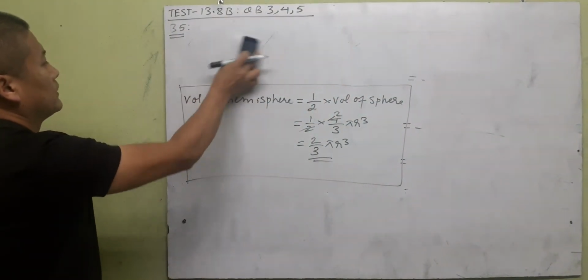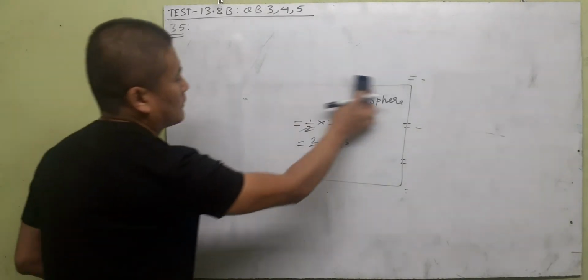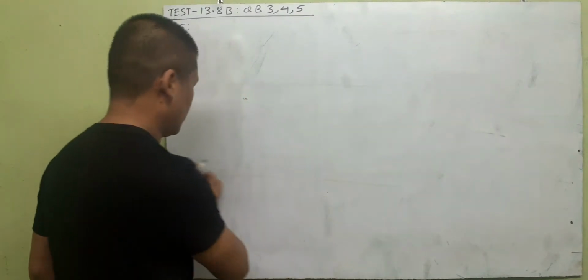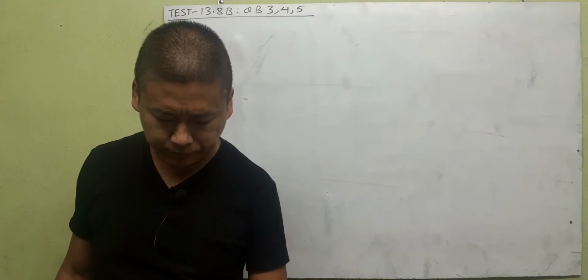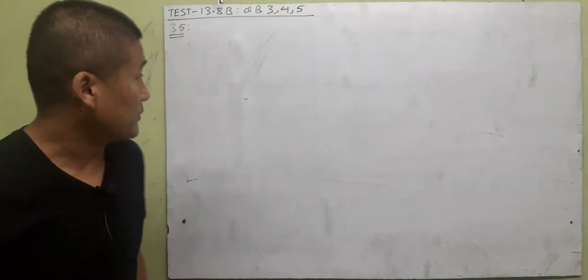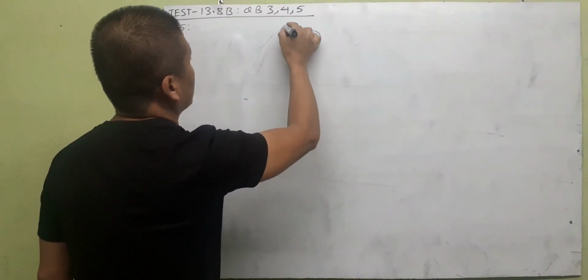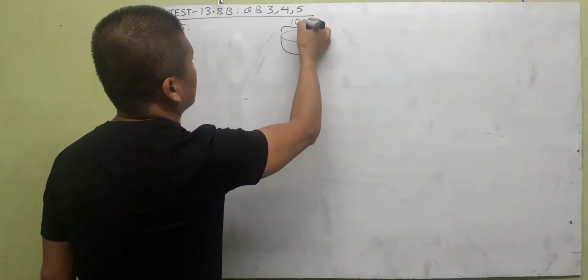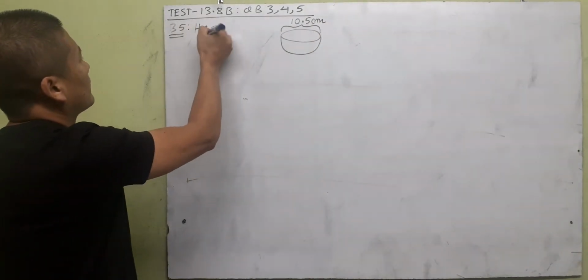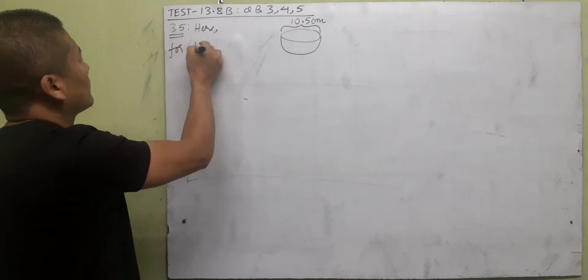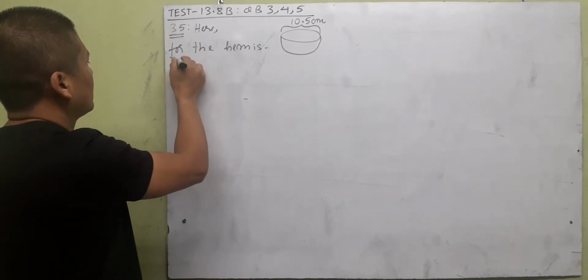Once we're done with that, we'll start with B5. We read the question now. How many liters of milk can a hemispherical ball of diameter 10.5 centimeter hold? So there's a hemispherical ball whose diameter, from here to here, is 10.5 centimeter. So here, very clearly, the hemispherical